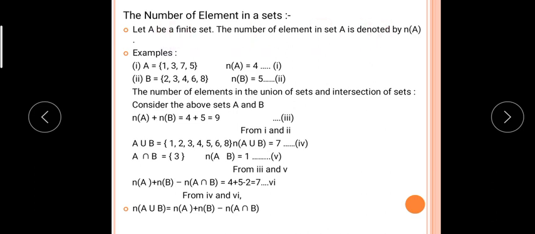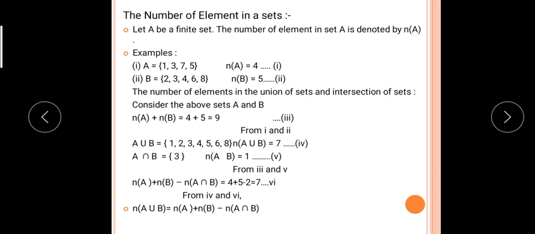Now on the basis of the Venn diagram and the relationship of the sets, we have to solve examples. Before that, we have to learn how to write the number of elements in a set. All of you know how to count. After counting you get how many elements are present in a set, but how to read it and how to write it.